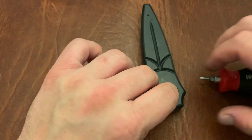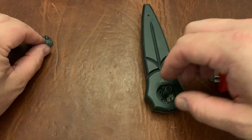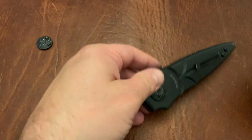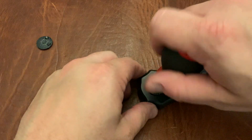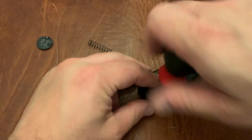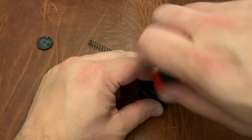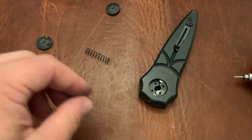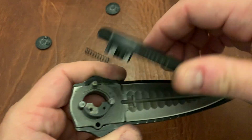Okay, we're going to slowly release the tension, and you can see the spring in here is actually pretty large. This is the spring. Now we got to take the back side out, otherwise this won't come apart. And there we go. So now we just got to pull this apart. Now on the inside,